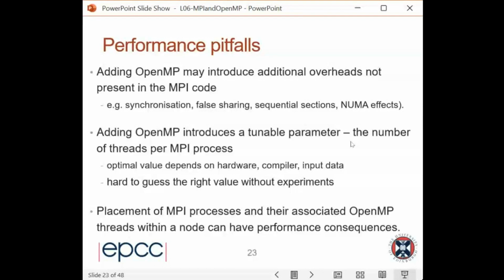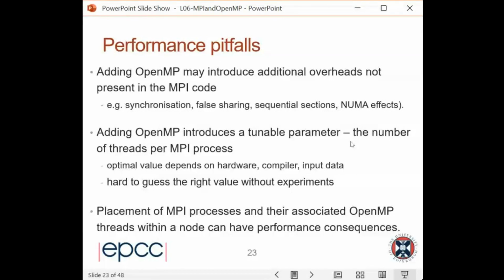The final thing is performance pitfalls. Adding the OpenMP code introduces an additional overhead not present in the MPI code, and we'll talk about these in the next lecture. But the other issue here is a tunable parameter. I give you an MPI code and tell you to run on 8 nodes of ARCHER2. What you do is you run 1024 MPI processes, 128 per node. If I give you a hybrid MPI OpenMP code and tell you to run it on 8 nodes of ARCHER2,